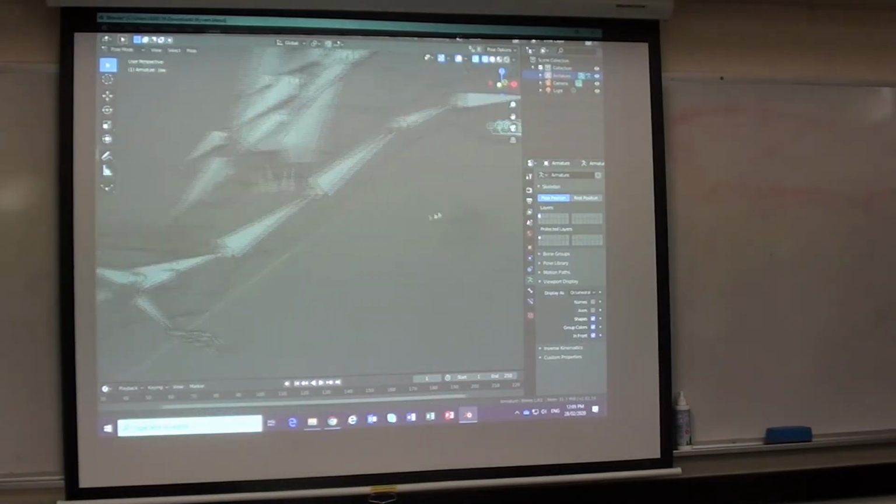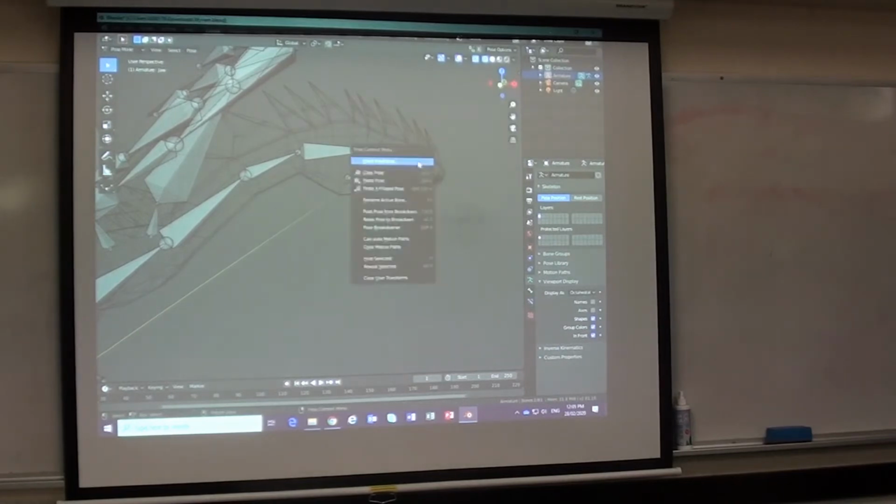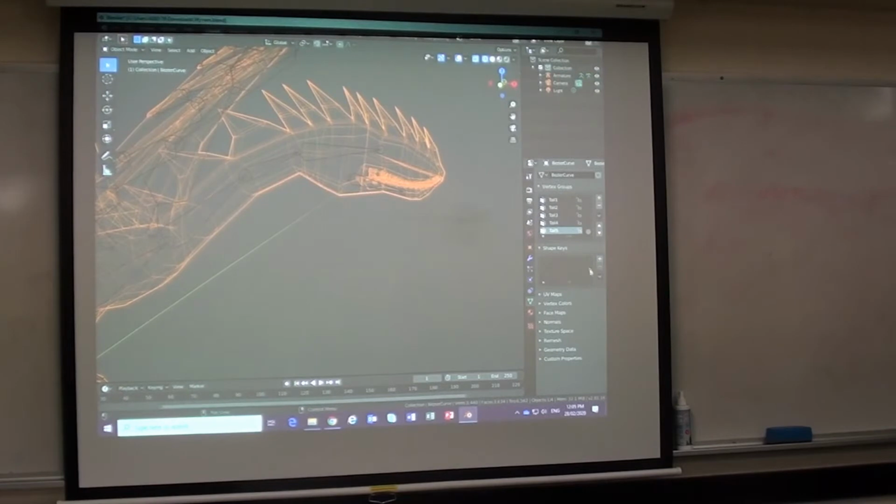But you can see the influence of that jaw is dragging down part of the top skull, etc. So I need to clean that up. So to do that, I select the mesh. Let me just go back to pose mode here. Object mode here. Select the mesh, and I have my list